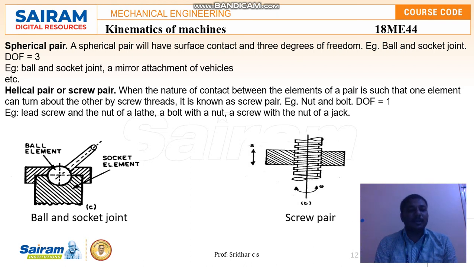If we compare with machines, a lead screw of a lathe and the general bolt and nut are the best examples. When you apply force, it starts rotating. That is when the nature of contact between the elements of a pair is such that one element can turn about the other by the screw threads. Because of the threads on the screw, the rotation takes place. Here also the degree of freedom is 1 only, because it moves in only one direction. No other motions are provided. So these are some of the